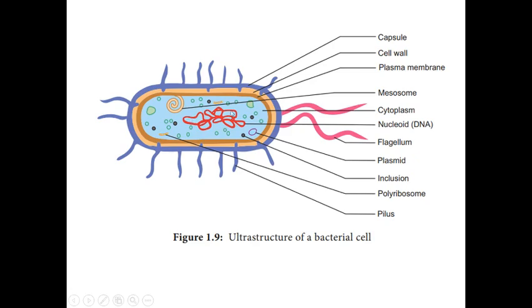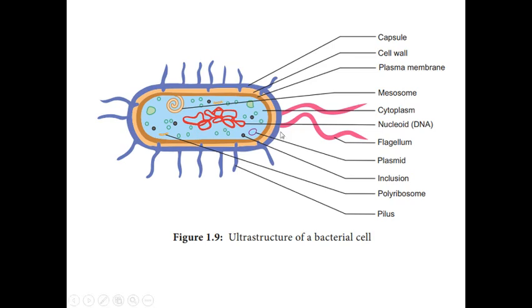But apart from this chromosomal DNA, there is one more DNA molecule present inside the bacterial cell, the plasmid DNA. Some bacterial cells have plasmid DNA and some do not. You can see here this small circular structure known as a plasmid. So what is actually a plasmid? Plasmids are extrachromosomal, double-stranded, circular, self-replicating, autonomous elements, or we can say DNA molecules.